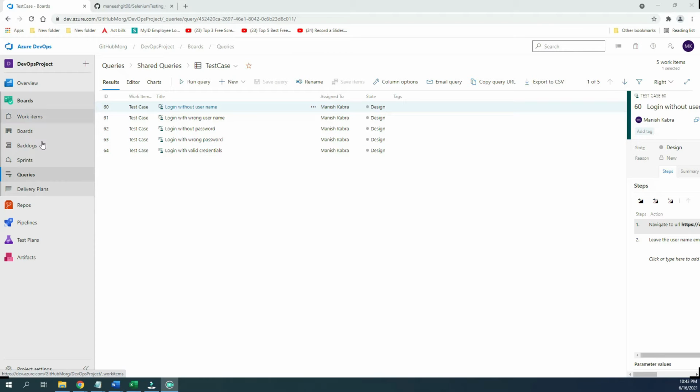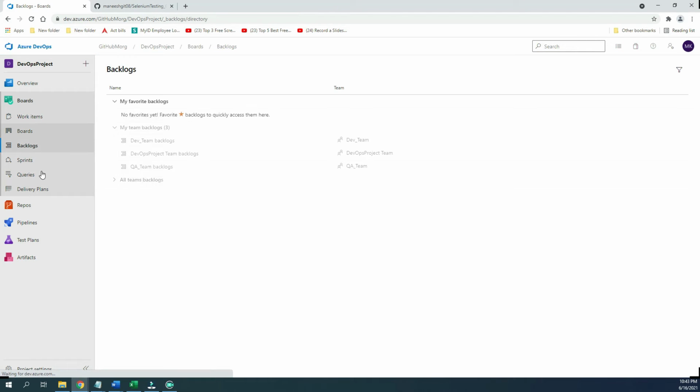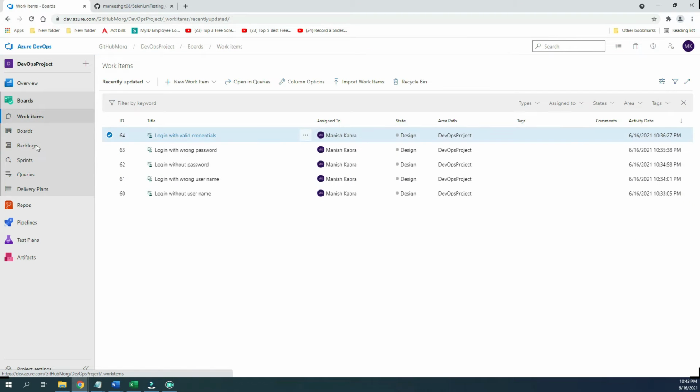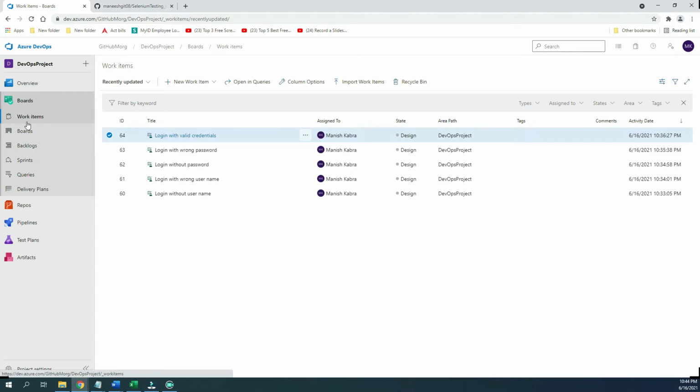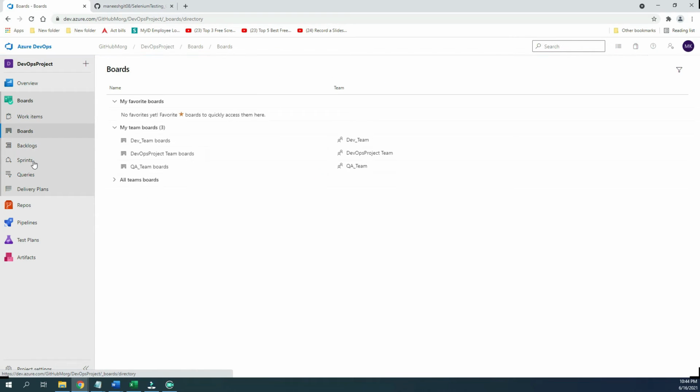Now we will go to the backlog levels and create some backlogs. How will we work on this? I will go to the work items here, and these are all the test cases we created. So not all the work items. Go to the board levels or backlog levels. Sorry, I will go to my board levels again, but I'm not finding any option to create the things.